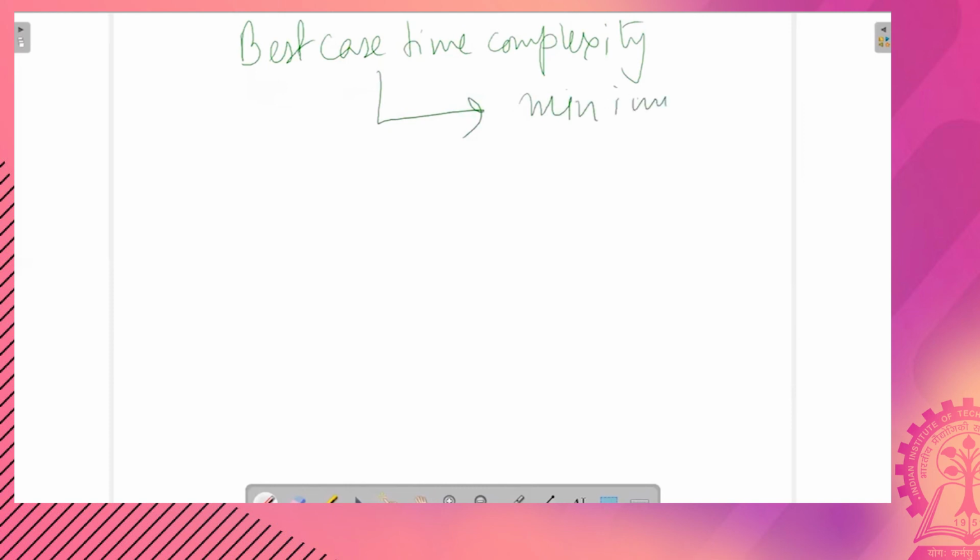So we have done the worst case, we have done the average case. Now comes the best case. As the name suggests, like the worst case where you are trying to find out the maximum running time, here we are interested in finding out the minimum running time.